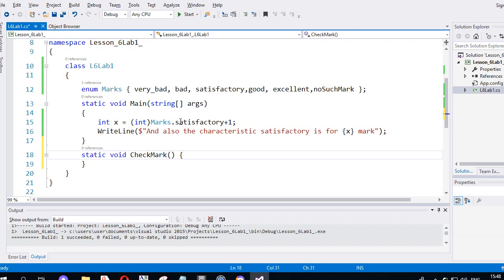The first parameter will be the mark. It is integer 1, 2, 3, 4 or 5. So we have int and let's call it mark. And you are not to mix them. Here we have the type Marks, and here type enum, and here we have integer mark,